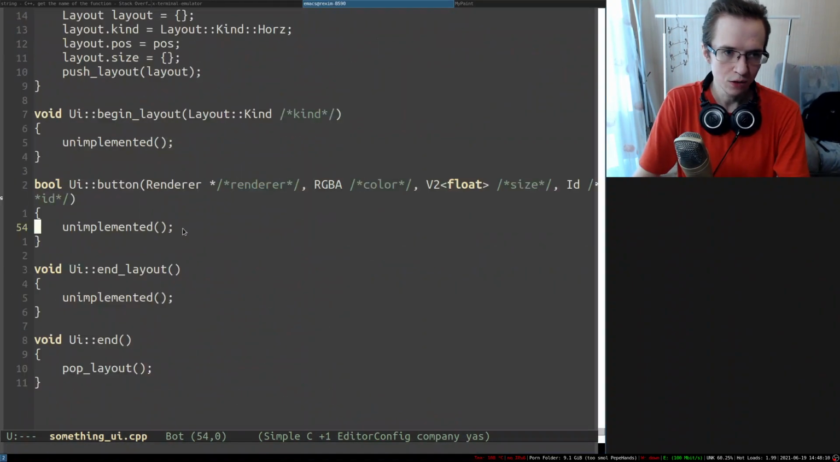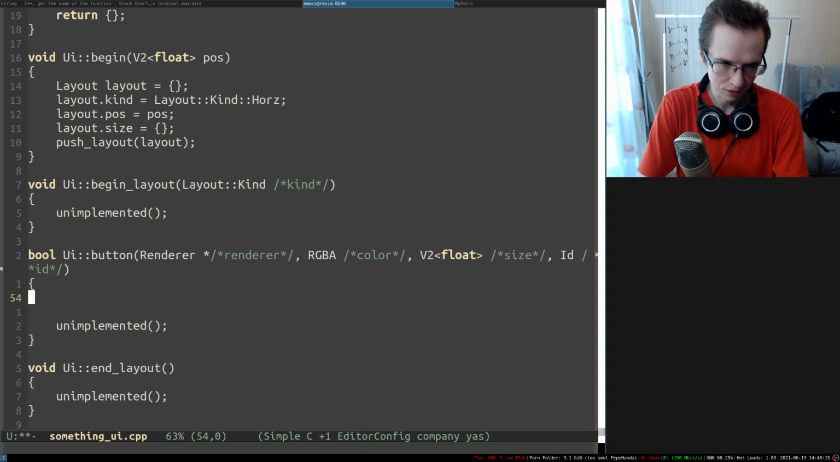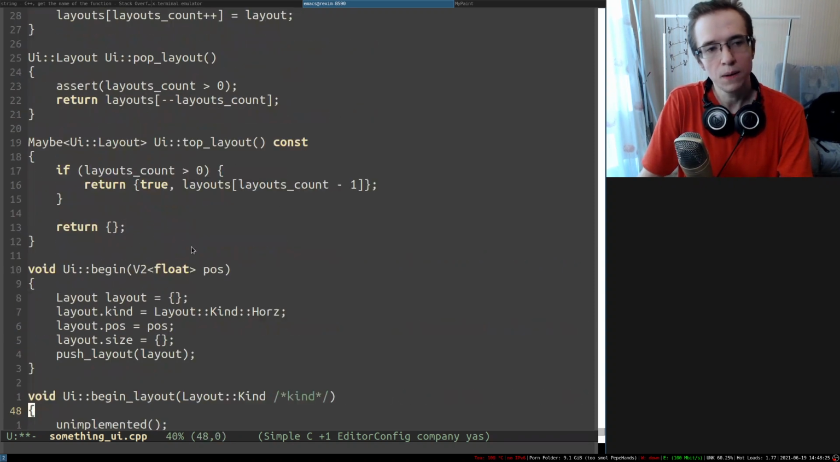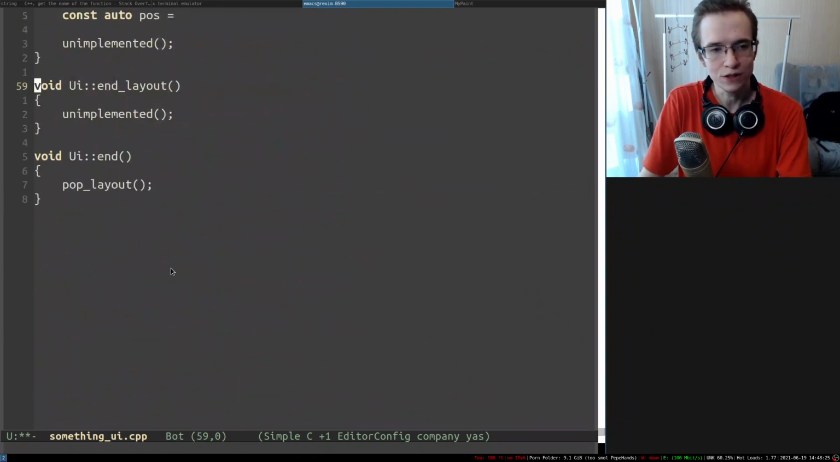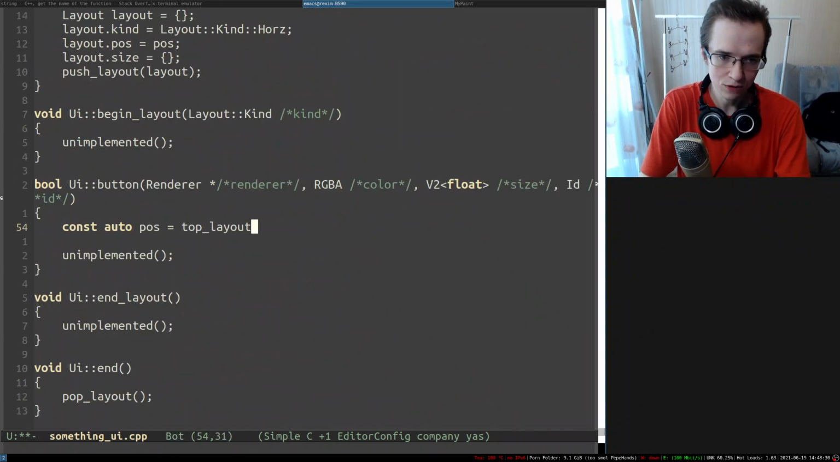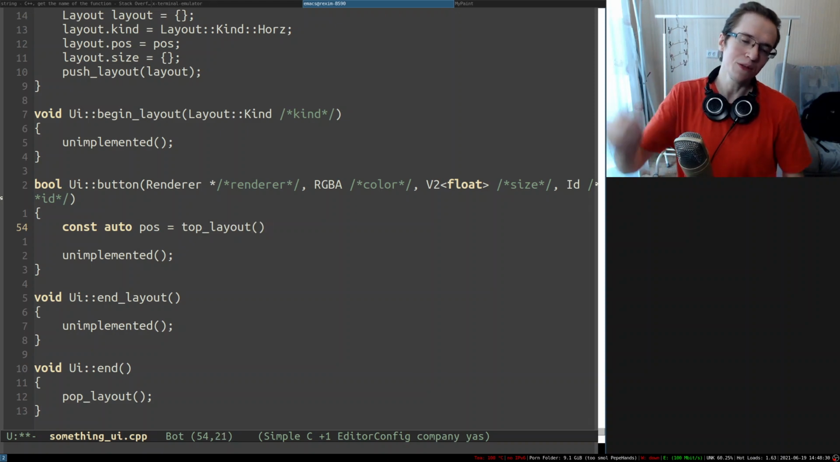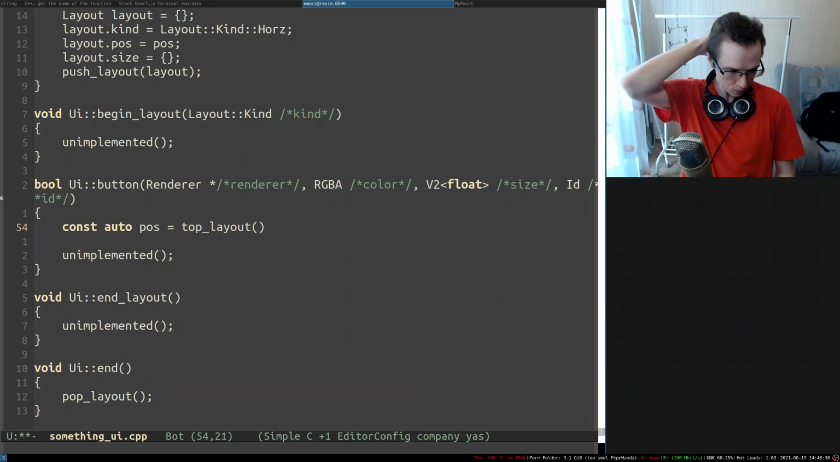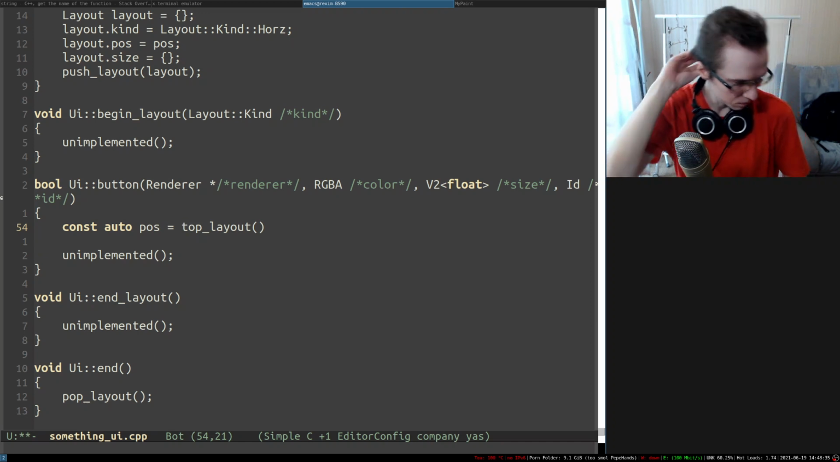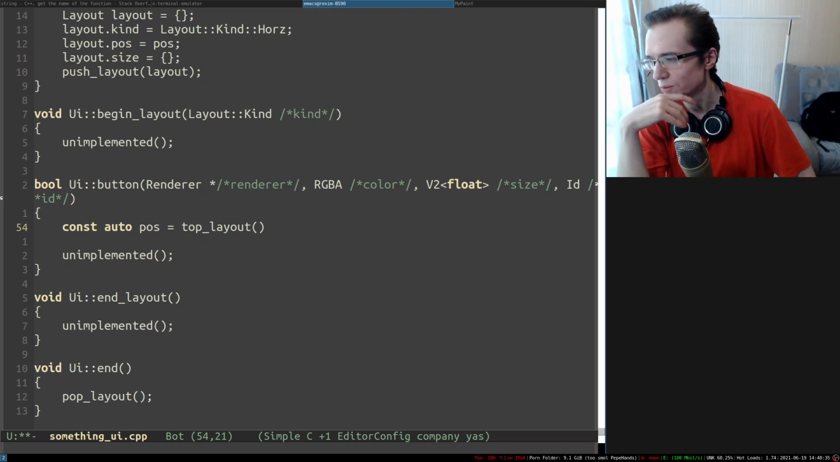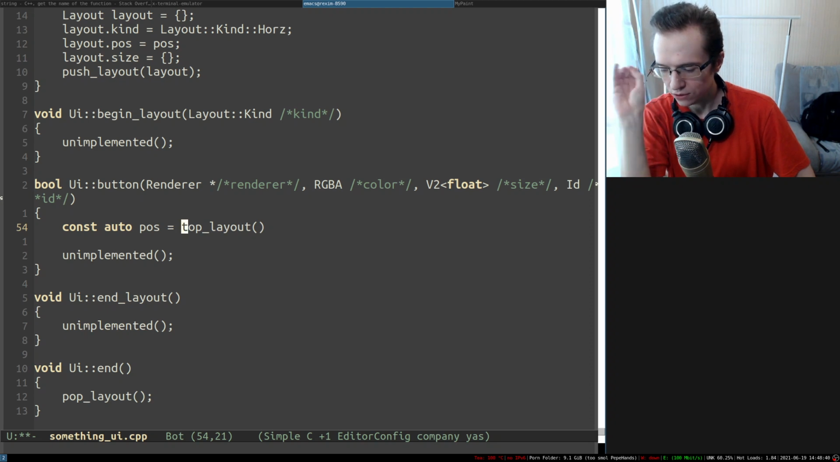That's cool. Okay, so how are we going to be implementing the button? So first I need to know where I can render my button. So I'm going to just take auto position, and we're going to take the top layout, I suppose. Yeah, we need to take the top layout. But here's the interesting thing. If the top layout is not available for the button, I think we need to throw some sort of an exception,